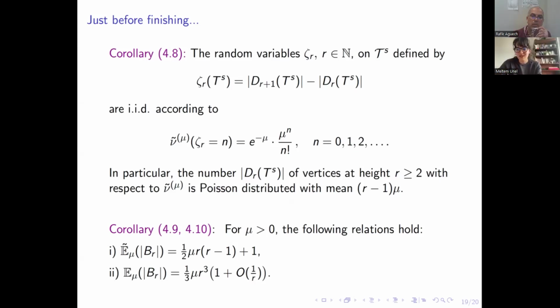So this means that as a function of radius, the expected value of the size of the balls around the root, the volume of the balls, they grow as r to the 3. In the generic case, this is r squared, and this exponent is also called Hausdorff dimension. So in the uniform case, the Hausdorff dimension is equal to 2, but here it is equal to 3. This is what also characterizes the difference of this measure. So I will stop here, and if you have questions, then